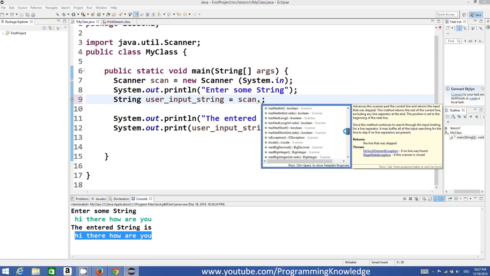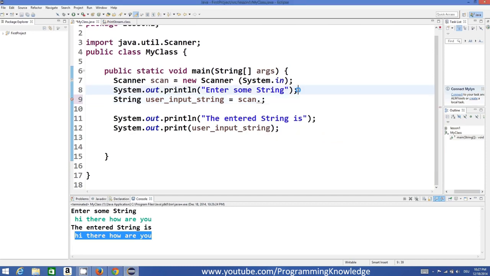There are functions like nextBoolean, which can take a boolean value, nextBigDecimal, nextBigInteger, nextByte, nextFloat. So whatever data type input you want to take, you just need to use the corresponding next function. I hope you understood the basic concept of scanning inputs from the user,